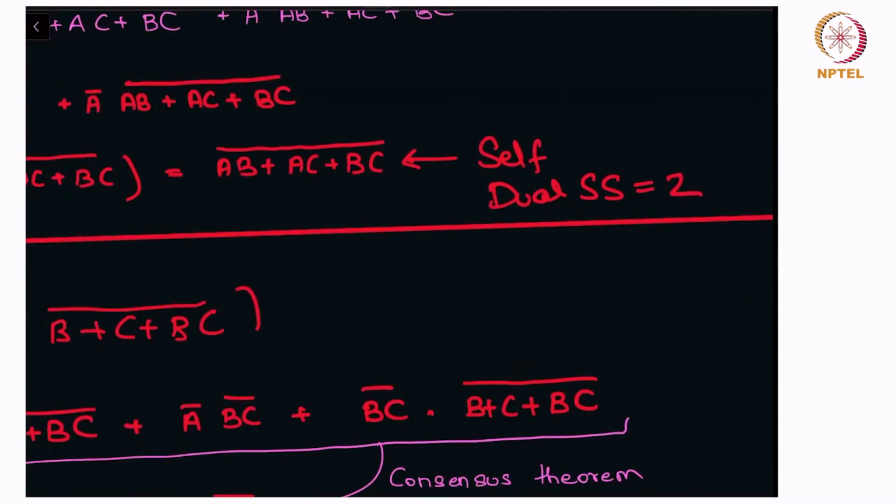And since I've shown you how to find out whether a function is self-dual in question number 1, you can do the same thing for this expression. It's an expression of 3 variables, so you'll have a smaller truth table to deal with, and you can show that this is a self-dual function, so therefore you can mirror the n and p stacks, which means that the PMOS stack size required is 2, because you have all two-variable AND terms, which means the NMOS stack size is 2, and if you just mirror that on the PMOS, you'll get a PMOS stack size of 2,